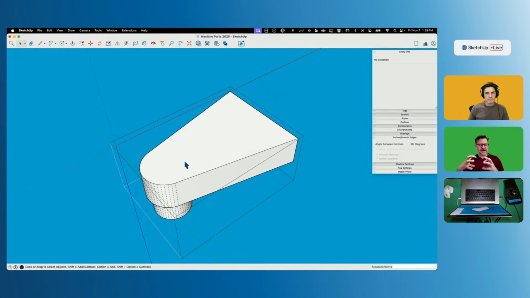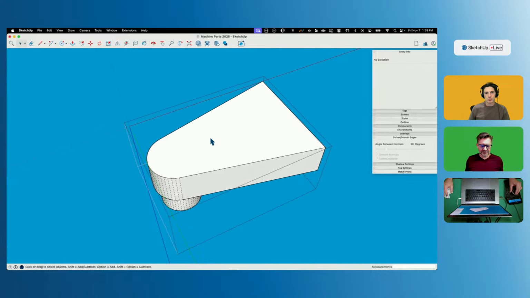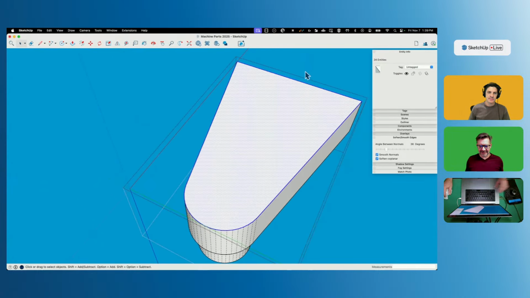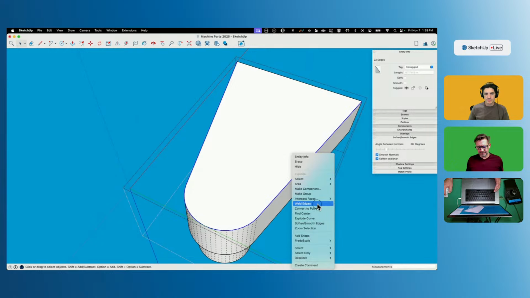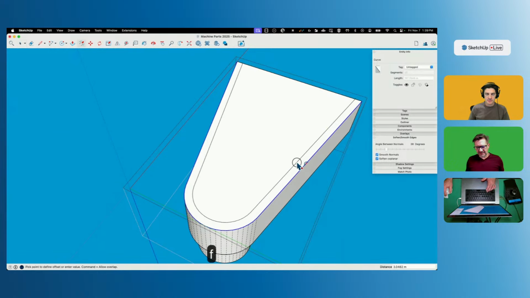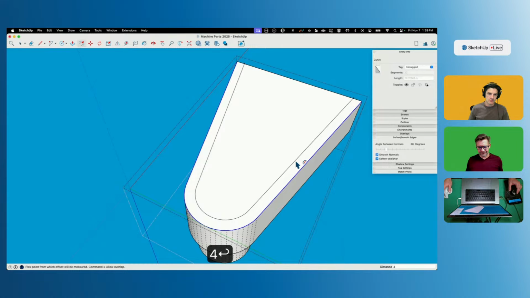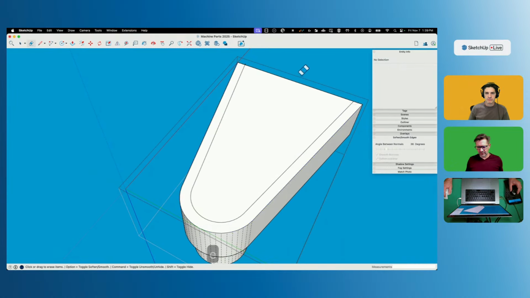If I try to do that as a 3D piece, it might be kind of rough. So I'm going to try to simplify that. I'm going to start by taking this and weld it. Then I'm going to offset this 4. Right, and that will give me